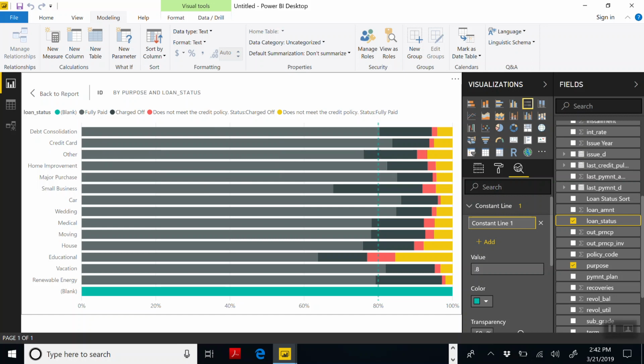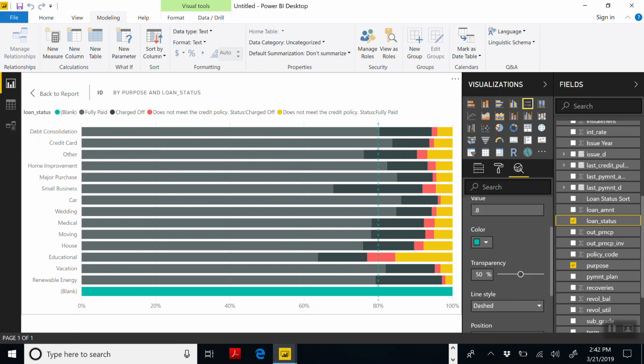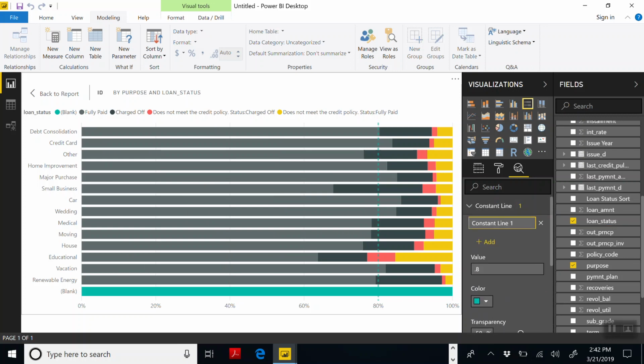I want to get rid of this blank. That doesn't look so great. And I'm gonna put a filter on this. I really only want to look at the top 5 loan purposes, and we can do that using what's called a top-N filter. So let's see, I'm gonna come over here back to the